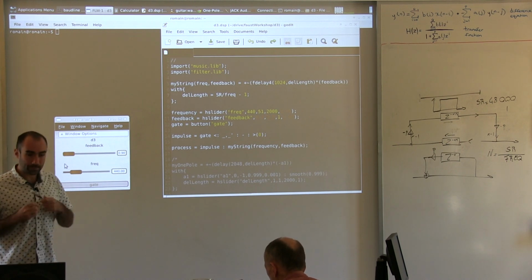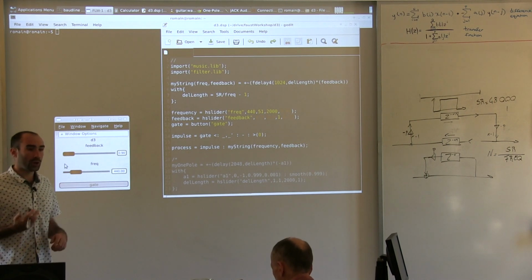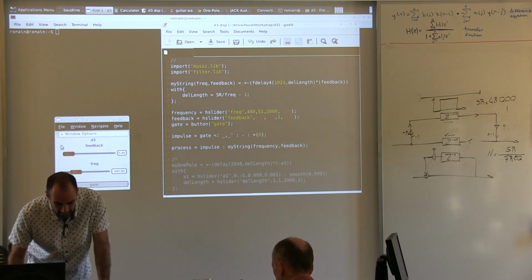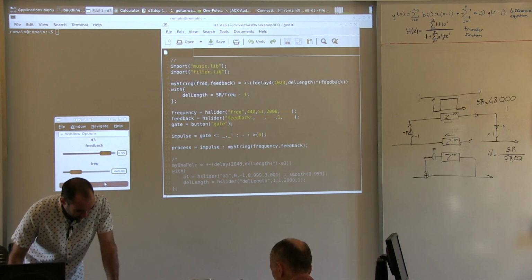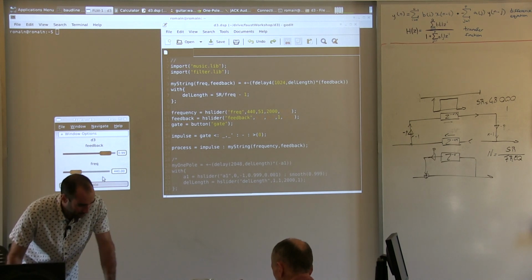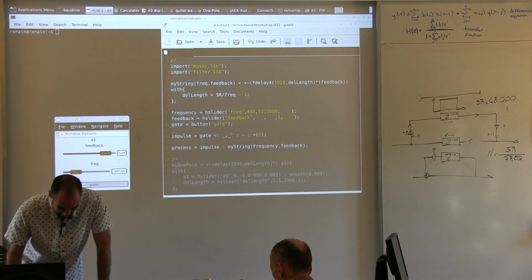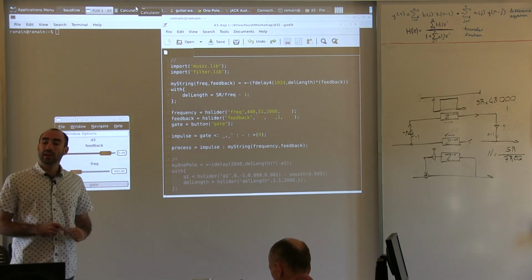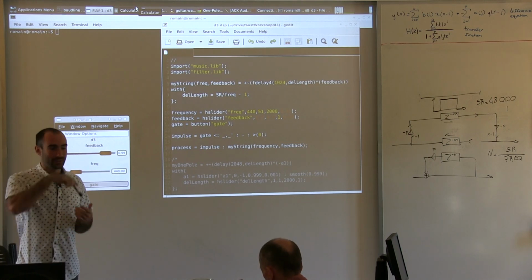Good. All right. So before we move on to the next topic, we're going to make another improvement to our algorithm. So right now it sounds like a string, kind of. But it's not a very realistic string. How can I make it sound more realistic? Add a reverb? So,